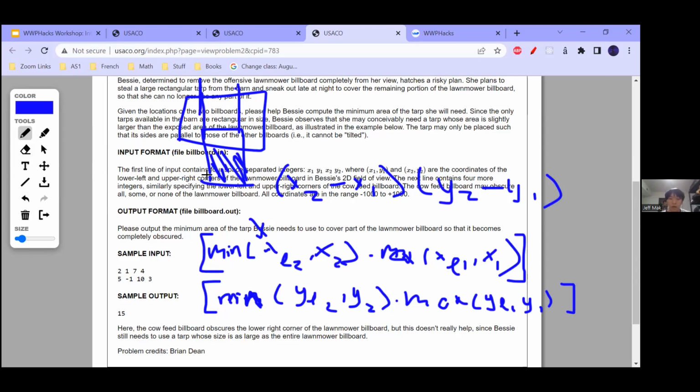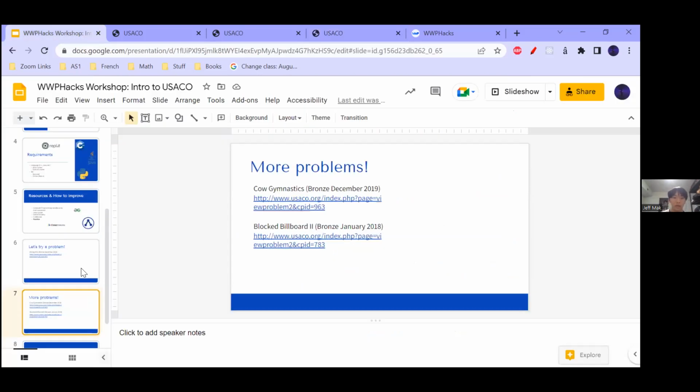And then the y would line up over here, down here, and then you get this area that you want to cover, and then you just return that. And yeah, that's pretty much it.